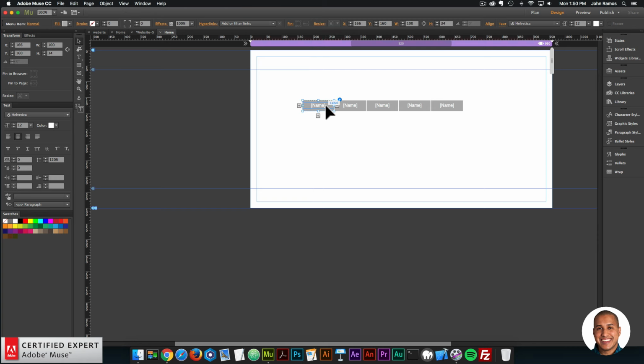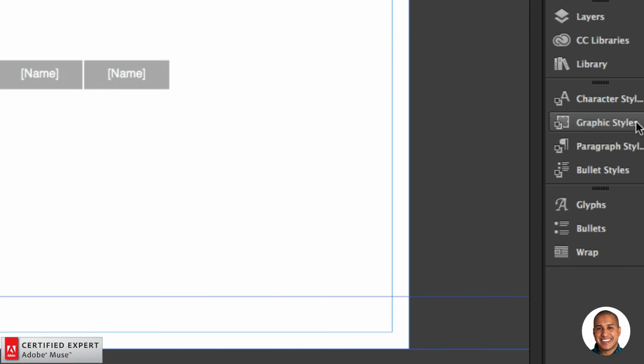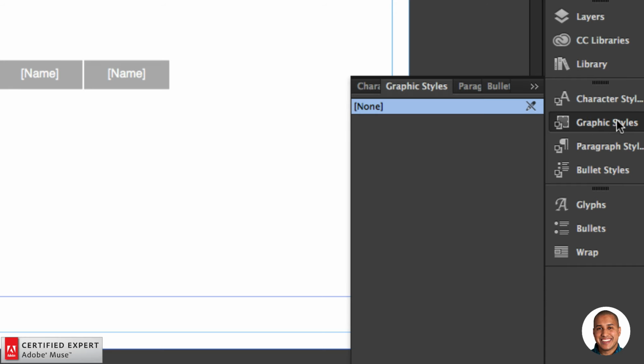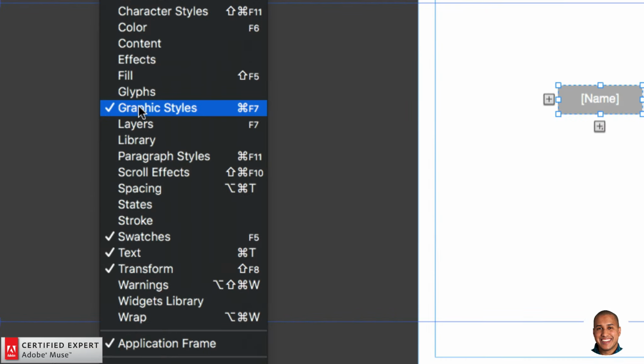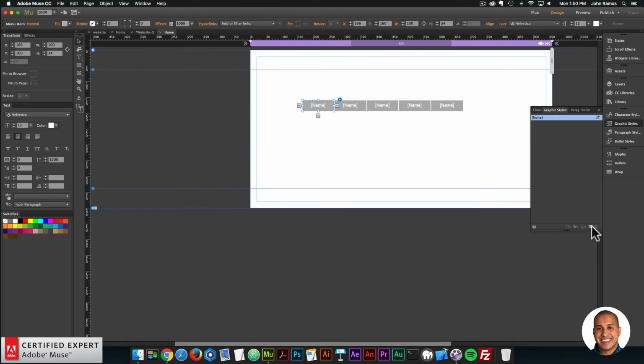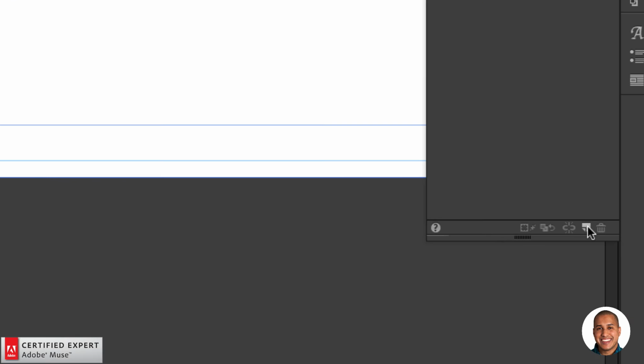So to assign a graphic style name to an element or to the menu item, we just click on the menu item, then we go to the graphic styles panel here to the right, and if you don't see the graphic styles panel, you can go to Window and click on Graphic Styles. And then here I'll create a new graphic style by clicking on this icon here,